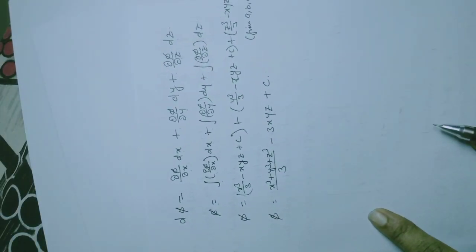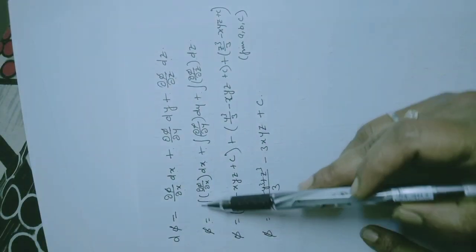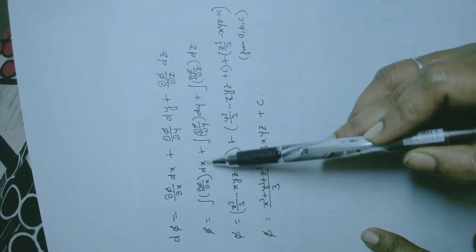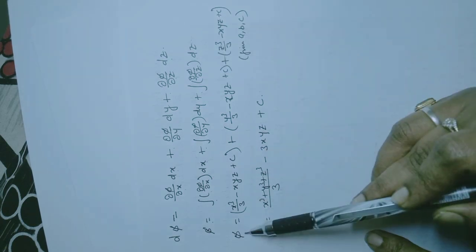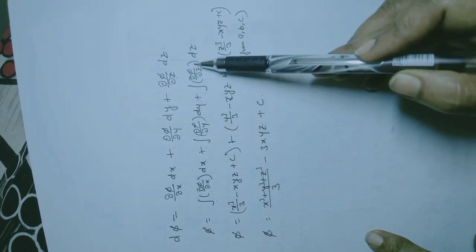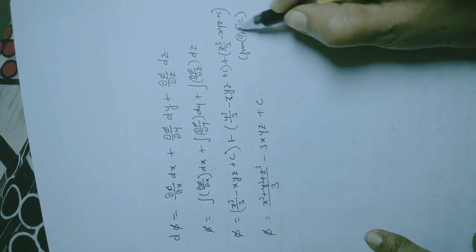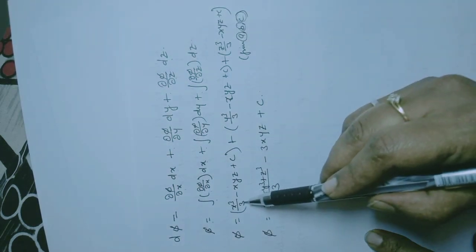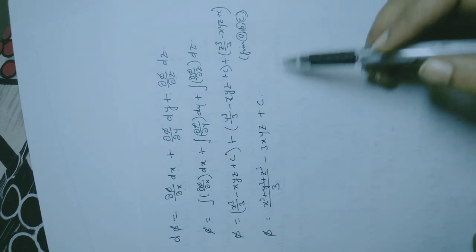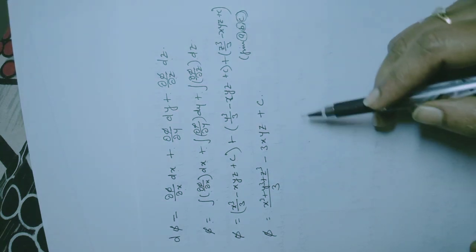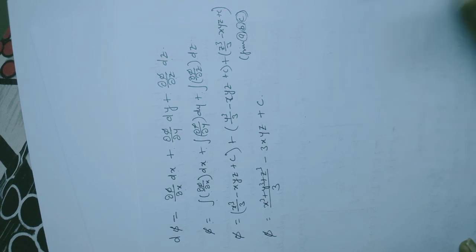Now what will be your value of d phi? D phi is nothing but del phi by del x dx, so phi will be the integral of del phi by del x dx and so on. So substitute the values from equations A, B and C for these integrals, and you get phi equal to this much. So this is how we calculate the scalar potential. We'll continue with some more important vector identities and problems in the